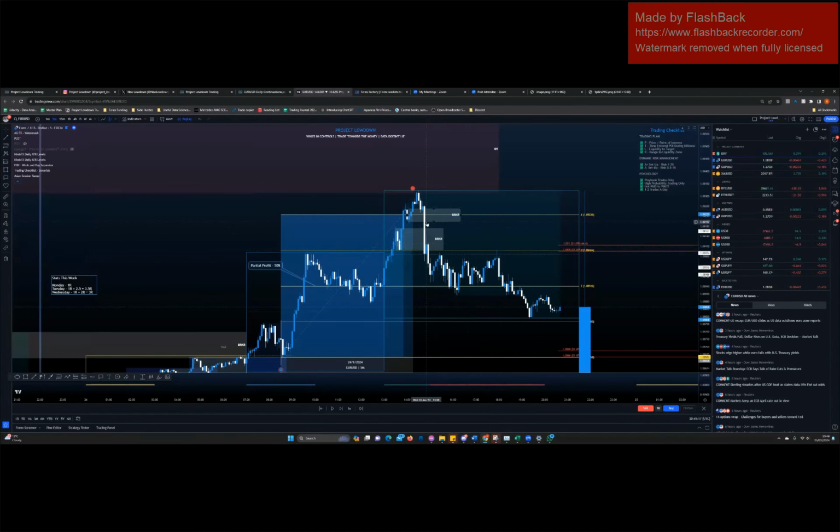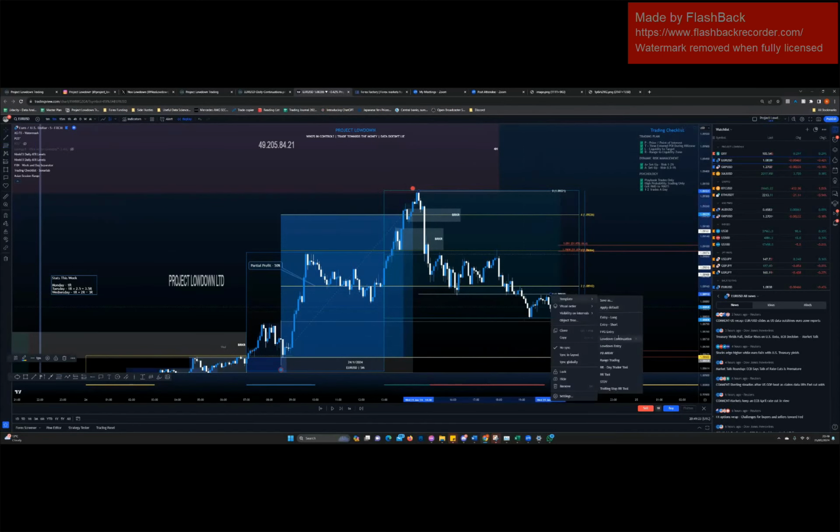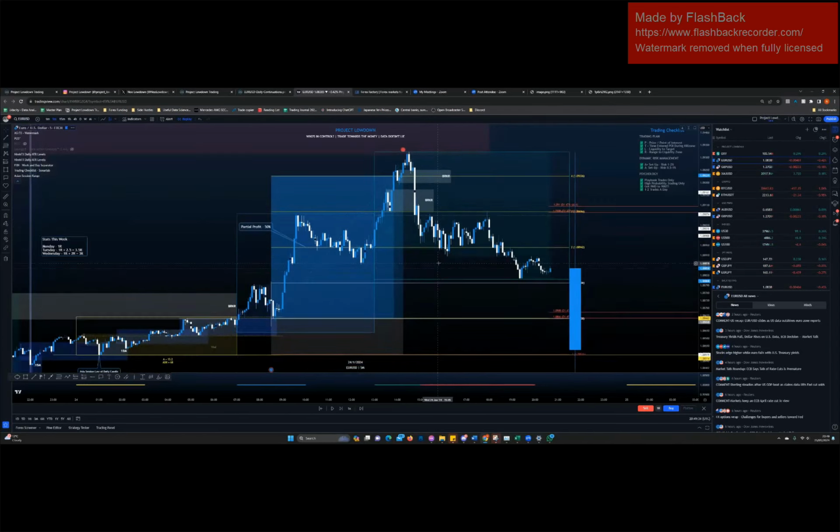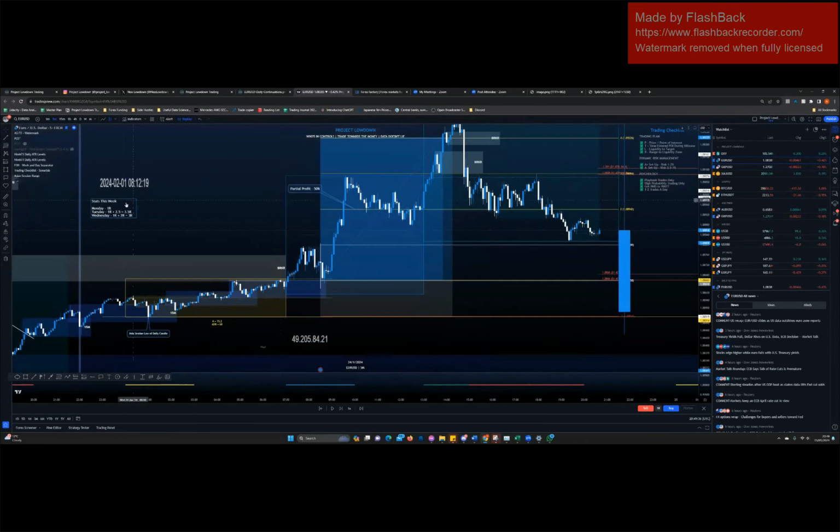But to get in, if you wanted the perfect entry, what you'd have wanted to see was a low down continuation that came to the 50 and it came short of that. So that didn't happen. So the only entry you could have taken was this one, the first one. Now, this is my point. Where is this thing? Right here.